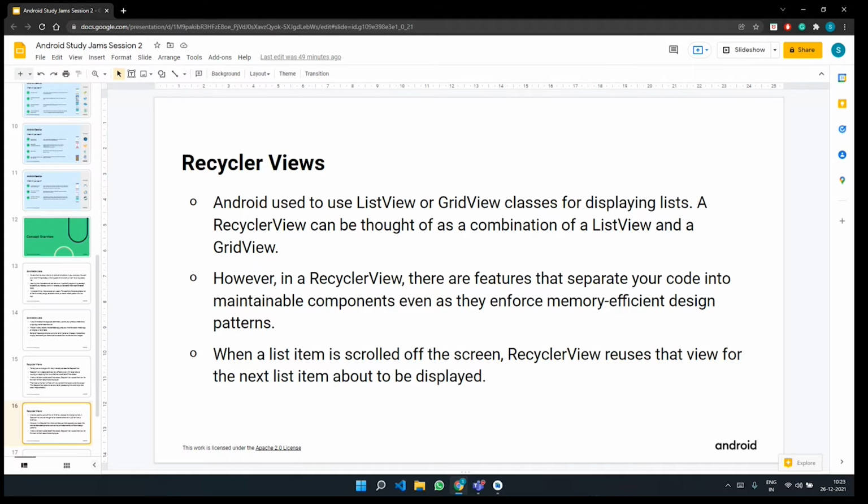In functions, instead of maintaining a huge code base where you're building applications, if you split that entire code base into functions, these functions can be maintained separately. They are separable, maintainable components. And when a list item is scrolled off the screen, RecyclerView reuses that view for the next list item about to be displayed.